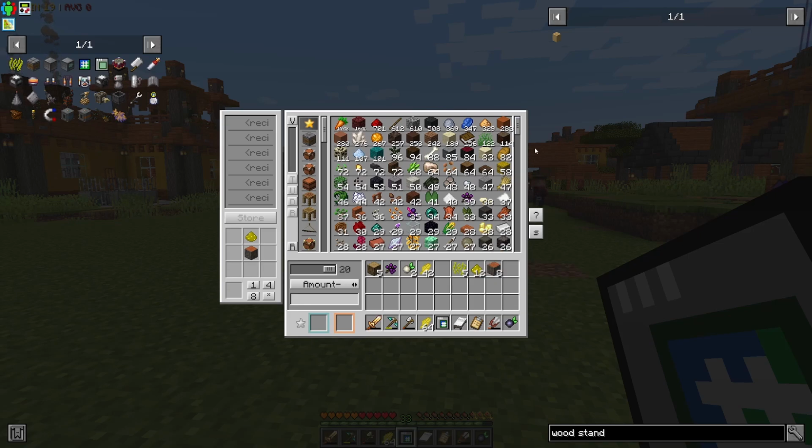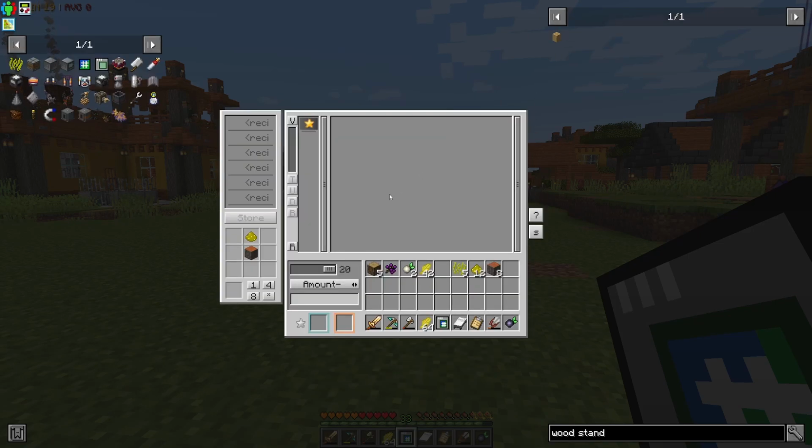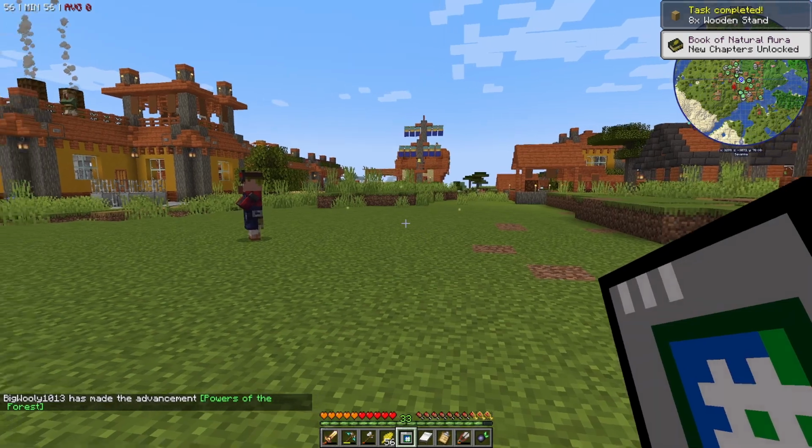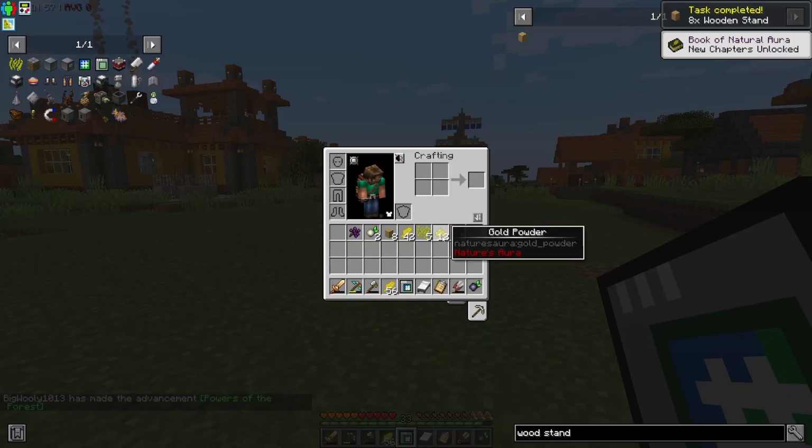So let's see. That is not right either. Thought that's what it said. Oh, it's the leaf, not the dust. Okay. There we go. So now we need 8 of these, or how many? Yep, 8. There we go. So now we have that, and we're going to need 16 dust. So we need